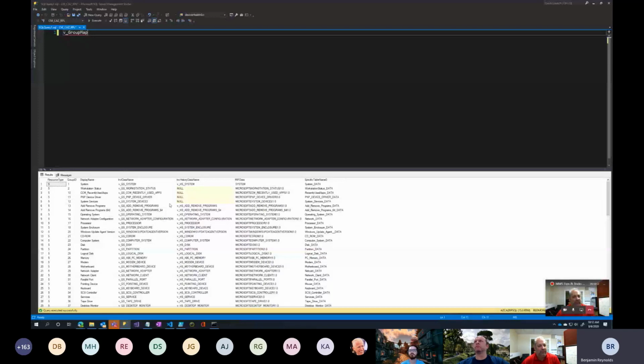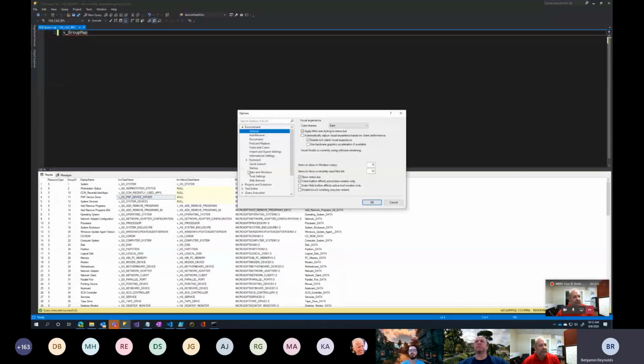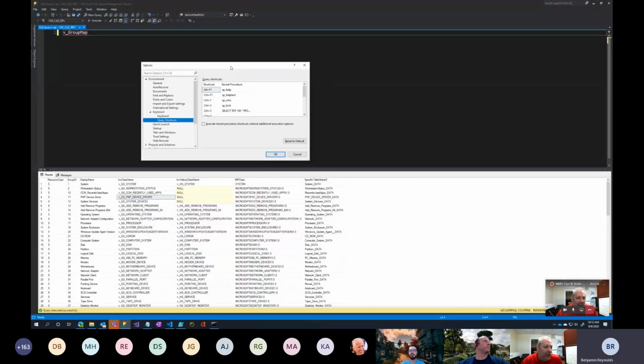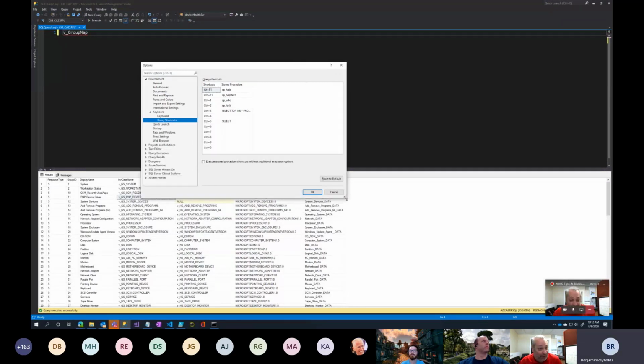So what this really looks like is in your tools options. If you go down to keyboard, can you actually see that? I tried to make it bigger, but it is a little small. I have it zoomed on my presenter box, but not this box. I realized once we started. So, bear with me on this. But in here, you have these shortcuts that you can assign. And when you first install it, the very first one, Alt F1, is automatically there, but none of these other